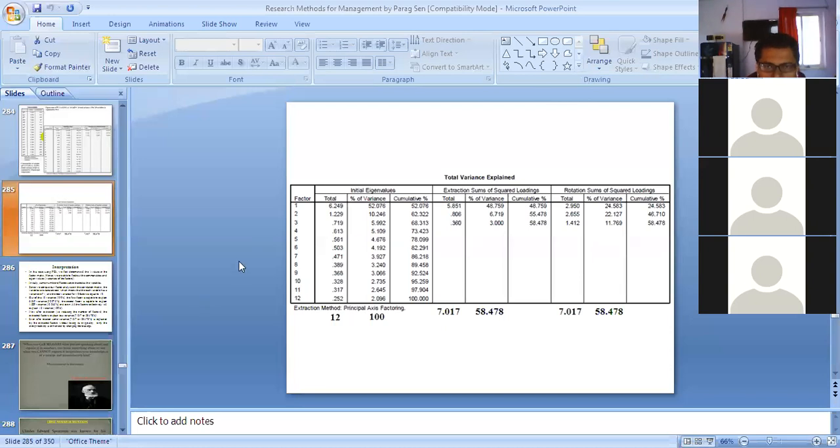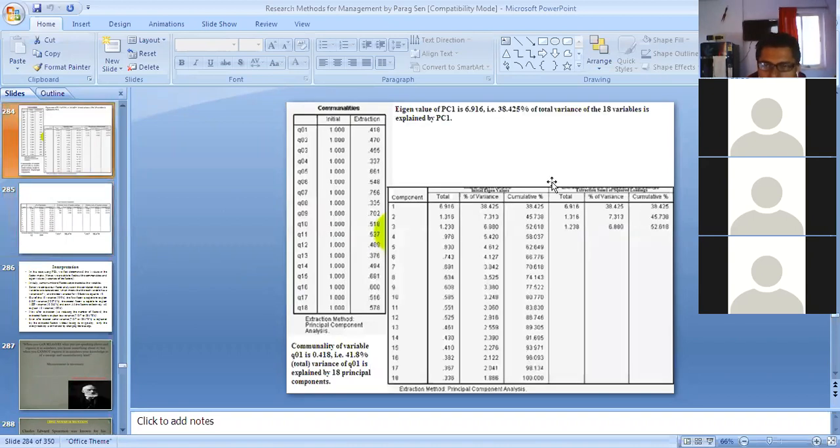So you will be able to identify which particular variables are loaded onto which particular factors. And before that you can also have a scree plot. The scree plot is basically based on this: which particular factors you have extracted. And you will see that you get very low eigenvalues for the last components. For example, after